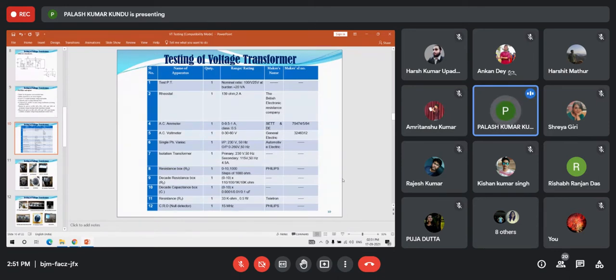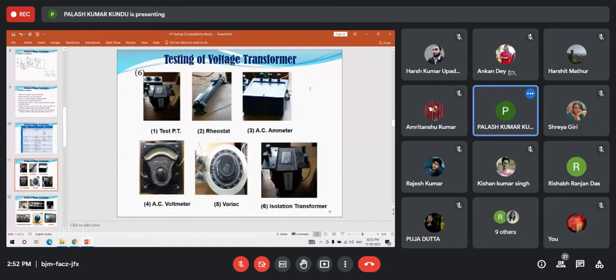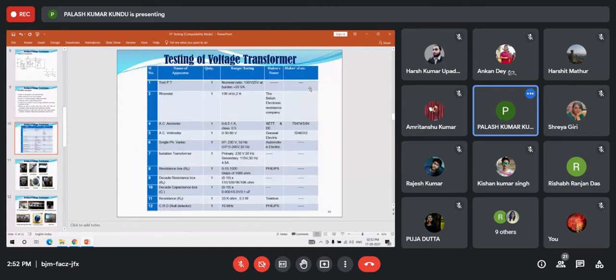These are the apparatus for building the experimental circuit. You can go through. So for writing the report, the apparatus list is required. And according to the apparatus list,